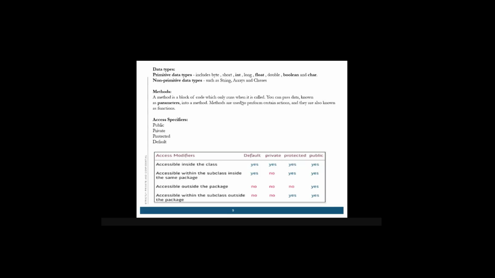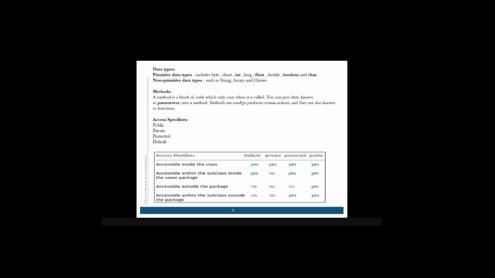And private is accessible only to that particular class, which we have just seen in the dog class. If you have mentioned those particular variables as private, they will only be accessible to that particular class.